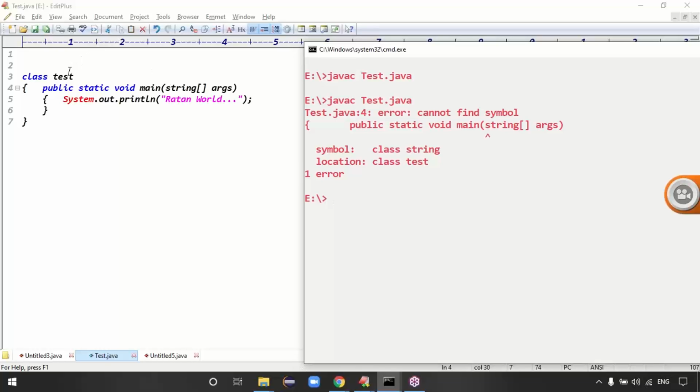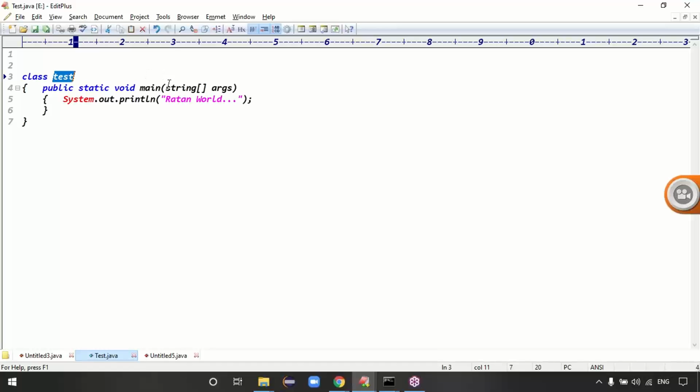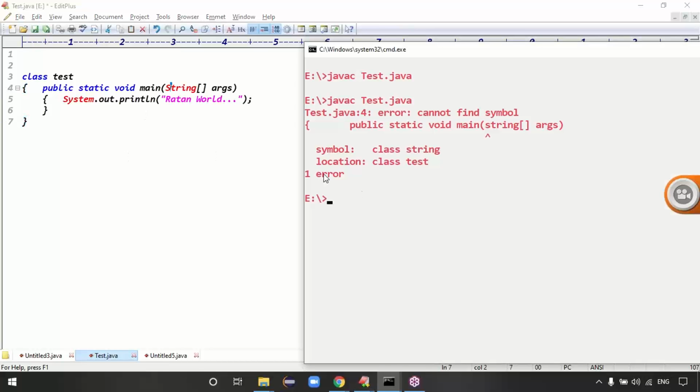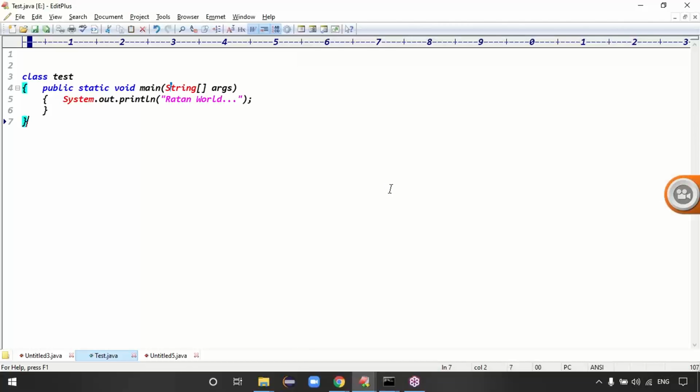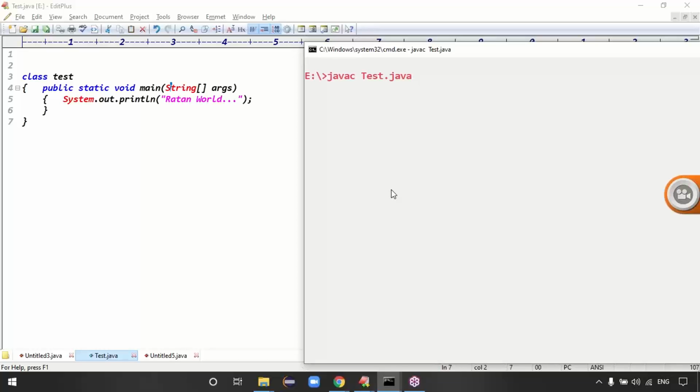When you change the user defined classes, it's not a problem. But when you make the predefined class name start with a small s, it is going to be a problem, right? Then what is the conclusion, guys? If it is lower case, Java. So even with lower case test, the code is compiled fine and executed fine.